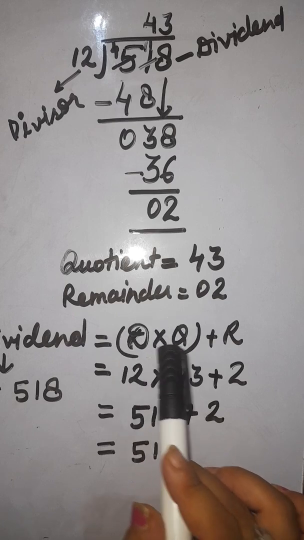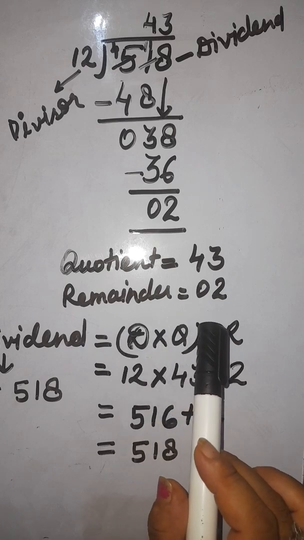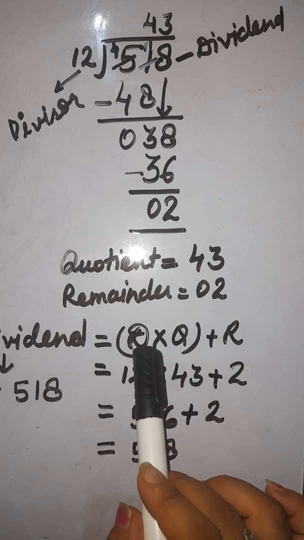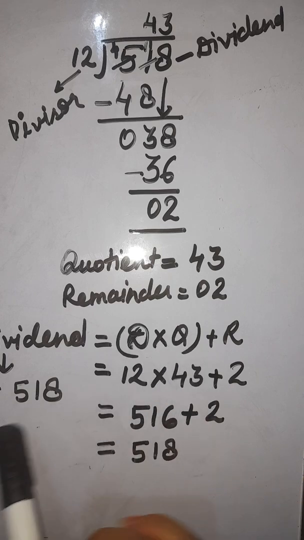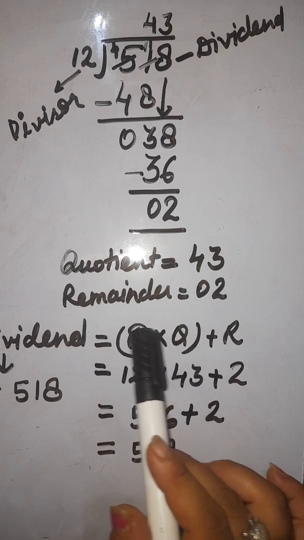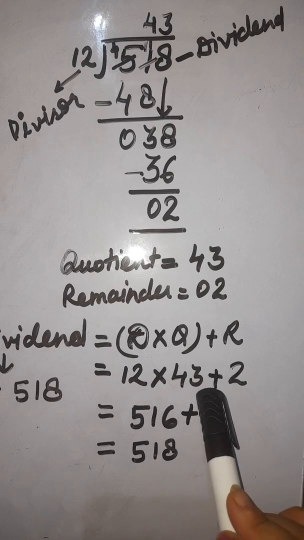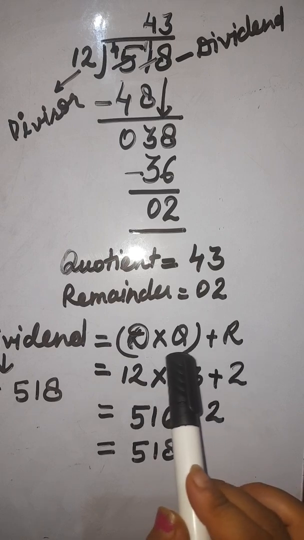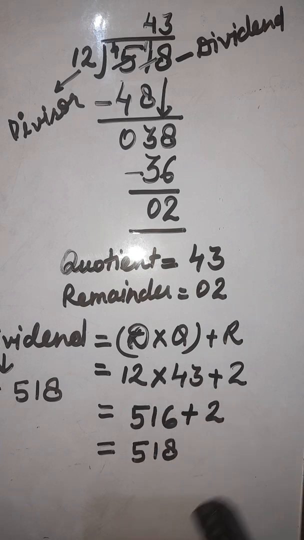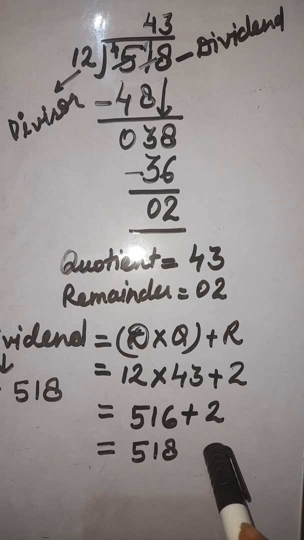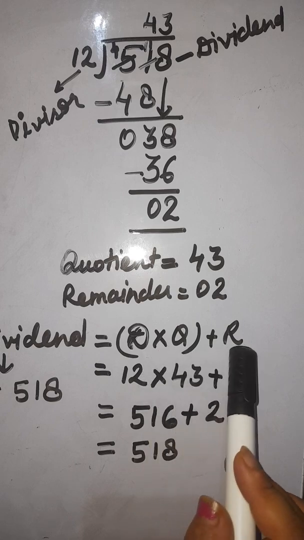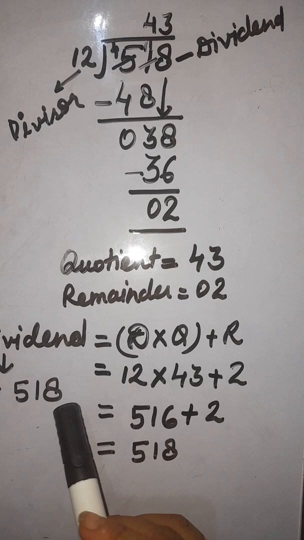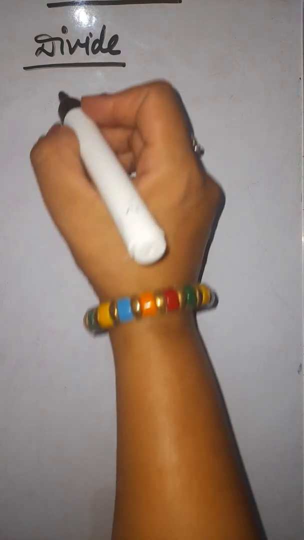हम पहले मल्टीप्लाई करते हैं, उसके बाद ऐड करते हैं. That's why I have put the divisor and quotient inside the bracket. मैंने bracket में इसलिए इसे लिखा है क्योंकि पहले हम मल्टीप्लिकेशन सॉल्व करेंगे, उसके बाद हम ऐड करेंगे. पहले आप प्लस नहीं करेंगे, पहले मल्टीप्लाई करेंगे, उसके बाद आपका जो आंसर आएगा आप उसमें ऐड करोगे. फाइन. तो आपका डिविडेंड अगर डिवाइजर मल्टीप्लाई क्वोशंट प्लस रिमाइंडर के इक्वल आएगा, इट मीन्स योर डिवीजन इज करेक्ट. Okay, let's take another example, that is